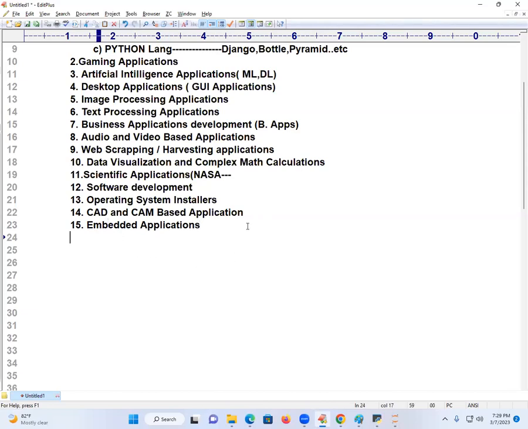Next, I'm going to take the 16th one, IoT based applications. Have you heard about IoT? What do you mean by IoT based applications? Interconnection of home appliances with external devices. Suppose you are a big industrialist. You come to your gate, and the gate opens automatically. When you enter, the main door opens. If you go to your washroom, the geyser starts. If you go to your reading room, the fan starts. If you go to your AC room, the AC starts.